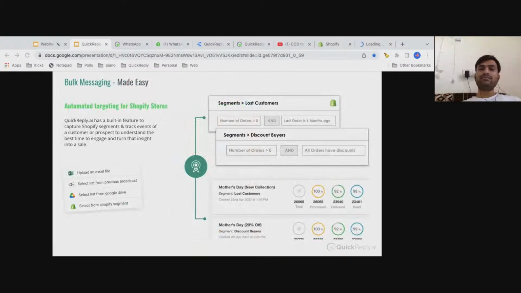So apart from sending bulk messages, you can also create a drip campaign. What I mean by drip campaign is that you can create a series of sequences, and you can send these messages automatically to follow up with the users. For example,